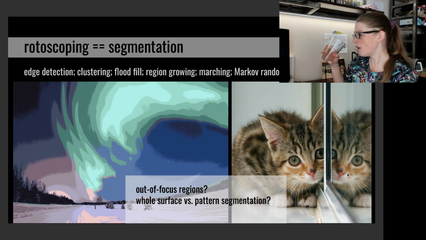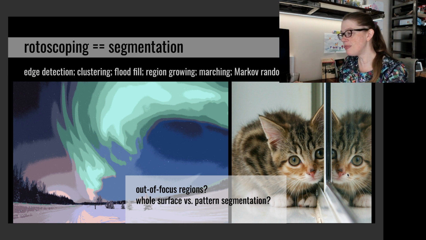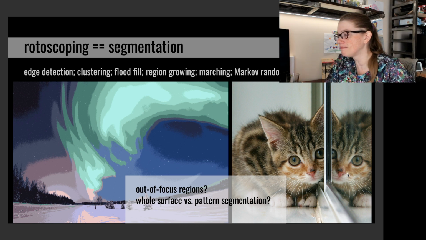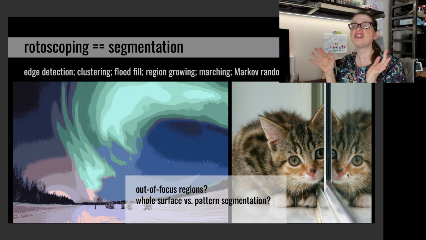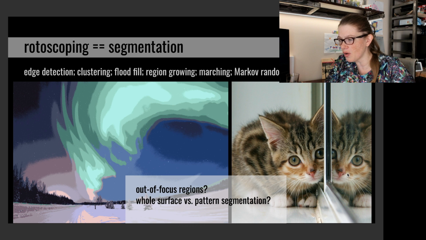Now, this rotoscoping is actually an interesting problem, and there's a reason why you might be wondering, well, why don't we just use a segmentation algorithm? Because wouldn't that give us the edges of each of the objects that we want? And that's a nice idea, but there is a reason why we actually use humans in practice. So whether you look at edge detection or clustering or flood fill or region growing, marching, or Markov random fields to do some kind of segmentation to get your roto lines,